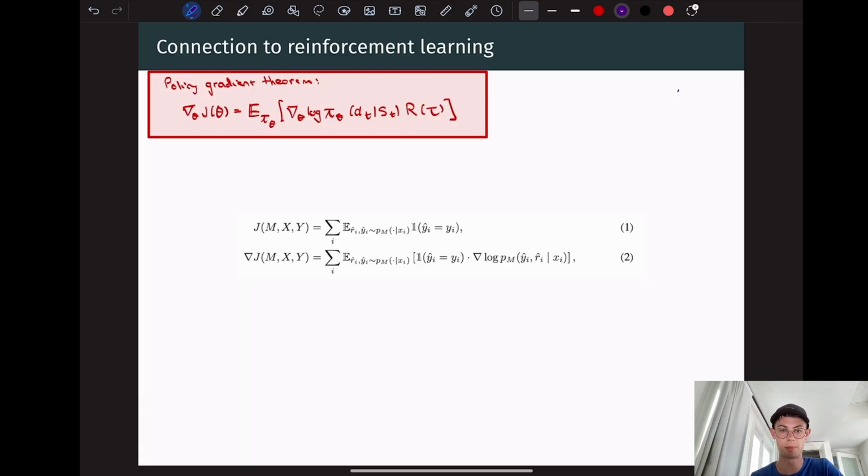Okay, so in the top left is the policy gradient theorem. We'll come onto that in a second. But first, let's just revisit latent variable models. An example of one is a variational autoencoder. There's another video for that if you're interested. But in a latent variable model, you essentially